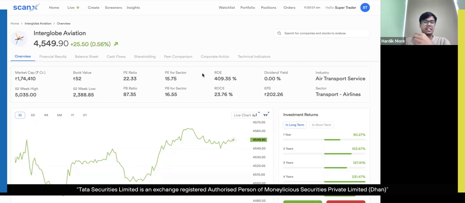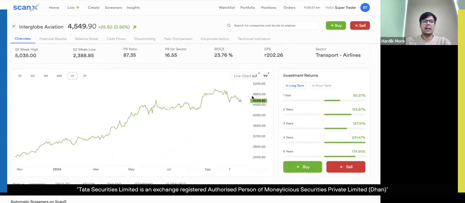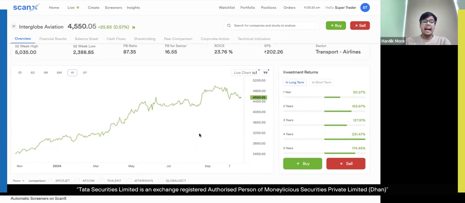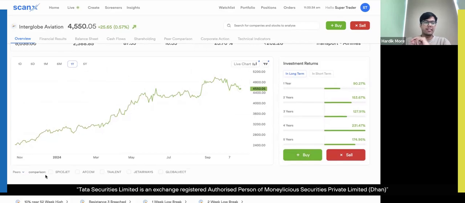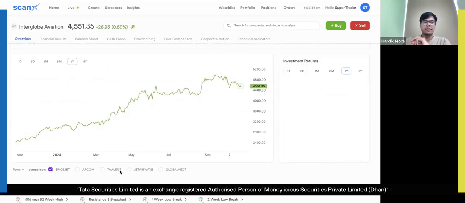One of the important metrics like return on equity, return on capital employed, I get a sense of it. There's no dividend yield yet on this, right? So it gives me an overview, and it also tells me Interglobe Aviation is an air transport service and it's basically an airline. It's basically Indigo. I can also track charts from here. So over the last 1 year, what has happened with this stock price, I can track. And one of the most interesting things that we have added here is a peer comparison on price. So let's say I want to track it with